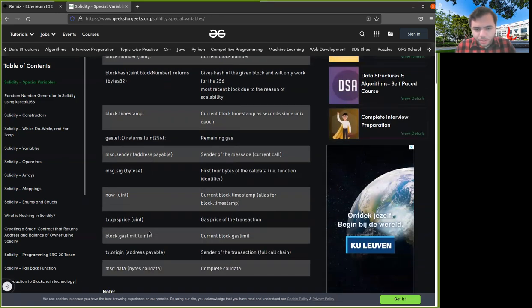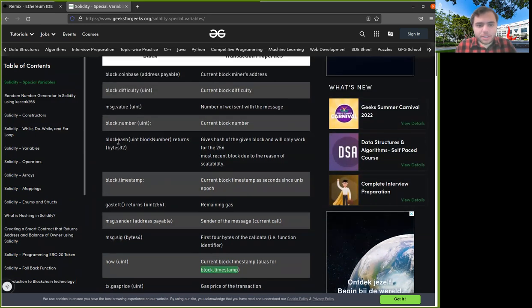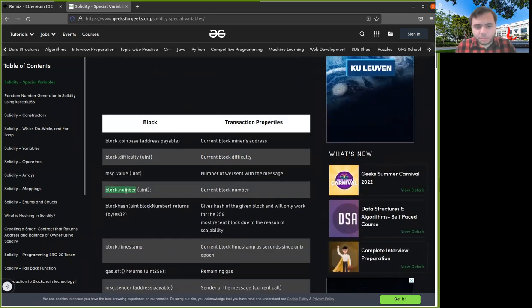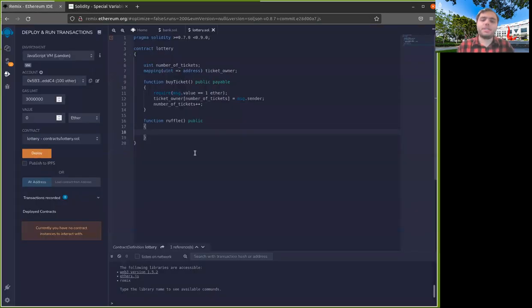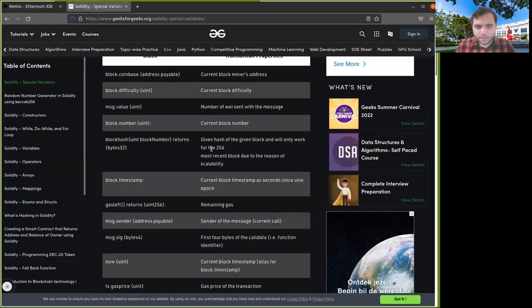And one thing that we can use is called now. And now basically gives us the current block's timestamp. And we can also use block.timestamp for that. And we can also get the hash of a block. So if I get the current block's number, then I can get the current block's hash. One of the most common mistakes that we see in smart contracts when it comes to randomness is that they try to use the block timestamp or the block hash as the source of randomness. So let's do this here and then let's talk about what goes wrong.